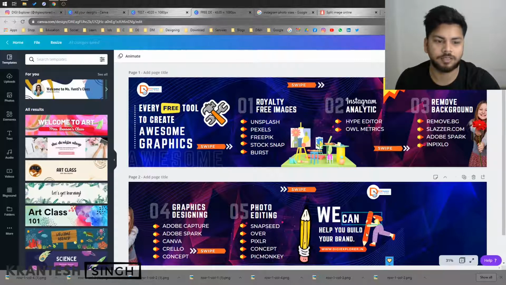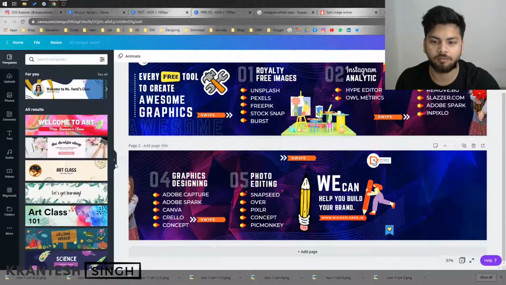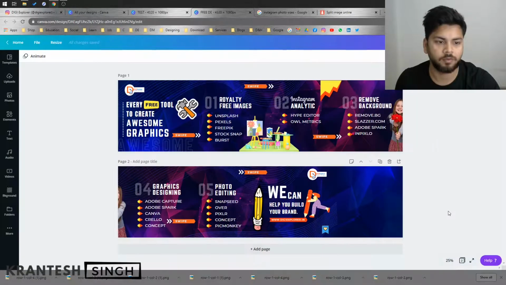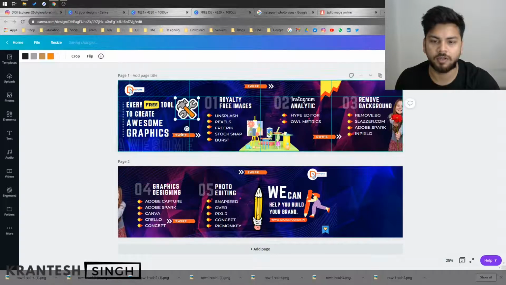As you can see, this is the carousel that I have created using Canva. I have created this 7 image carousel. This is the first part. Let me show you my guides. As you can see, these are the guides that I have used here also. 1 2 3. The first image is in 4 equal parts, then the second image is in 4 equal parts, and the last image I have not used in my carousel. So you are free to choose.